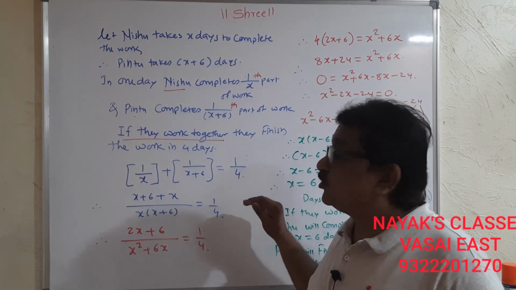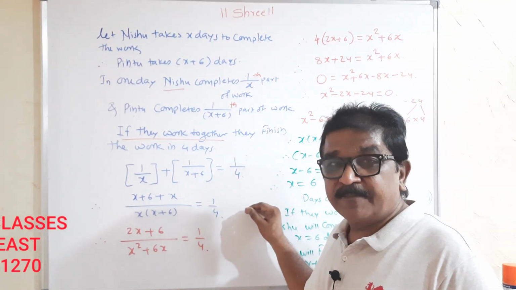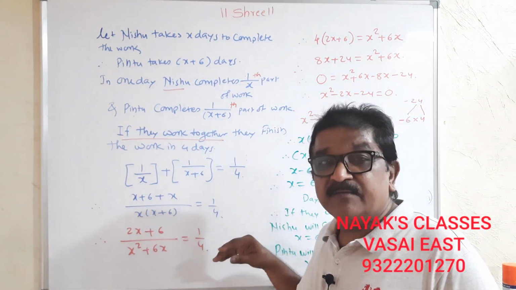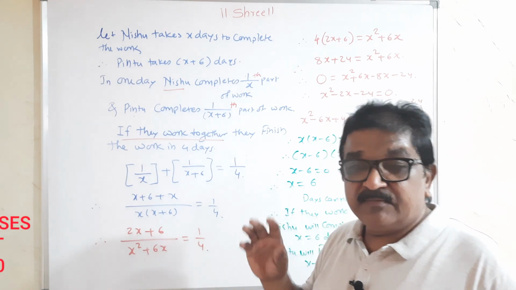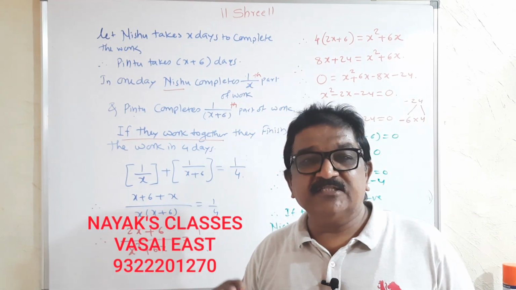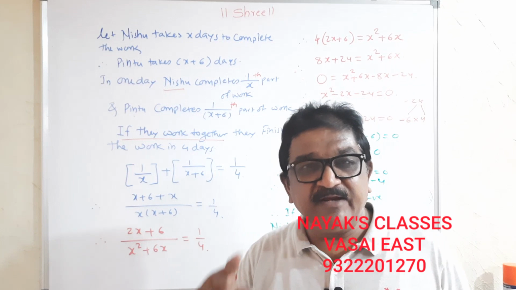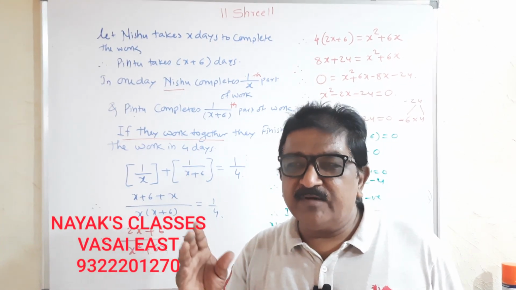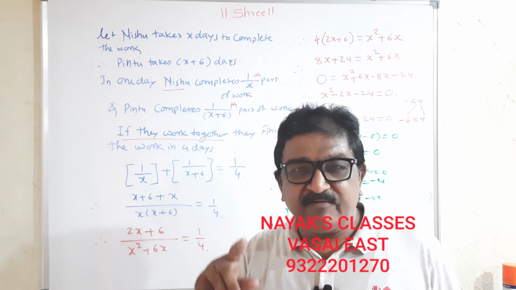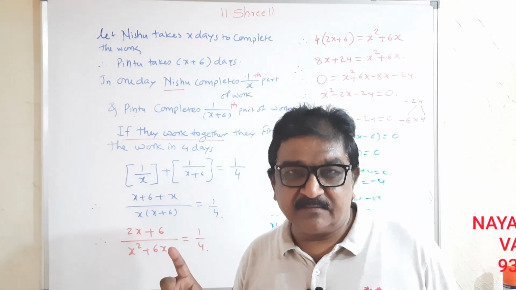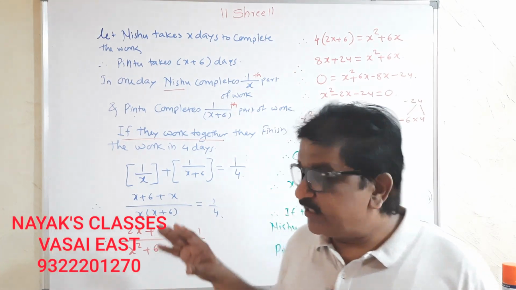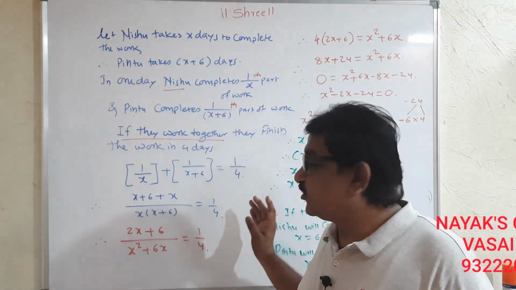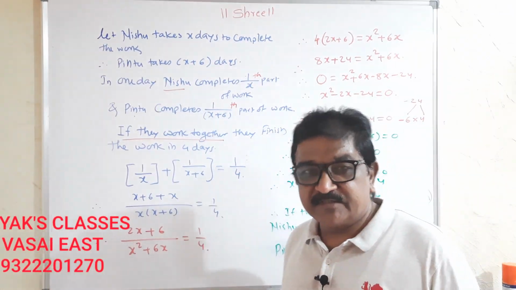I think you should go for such examples. Don't avoid them. Try to understand the main points. If some work is completed in 10 days, then in one day it will be 1/10 part of the work. Suppose you are finishing one work in 15 days, so in one day 1/15th part will be finished. Clear? It's nice. Examples are very nice. The beauty of the quadratic equation lies in such examples.